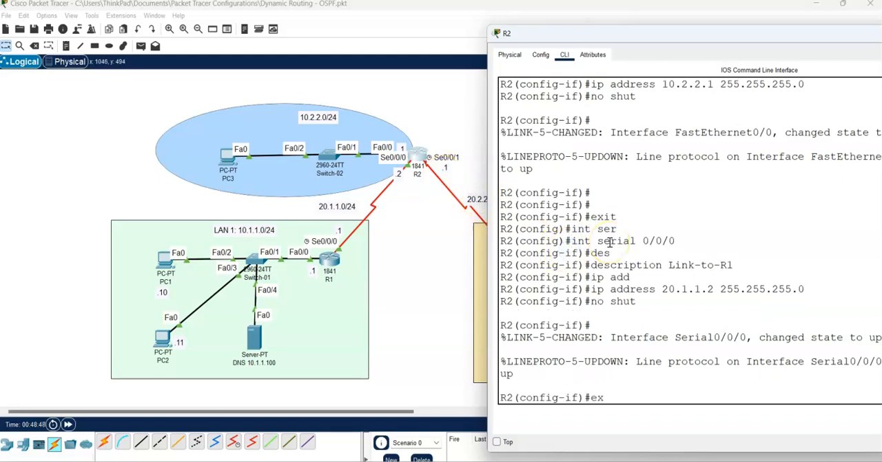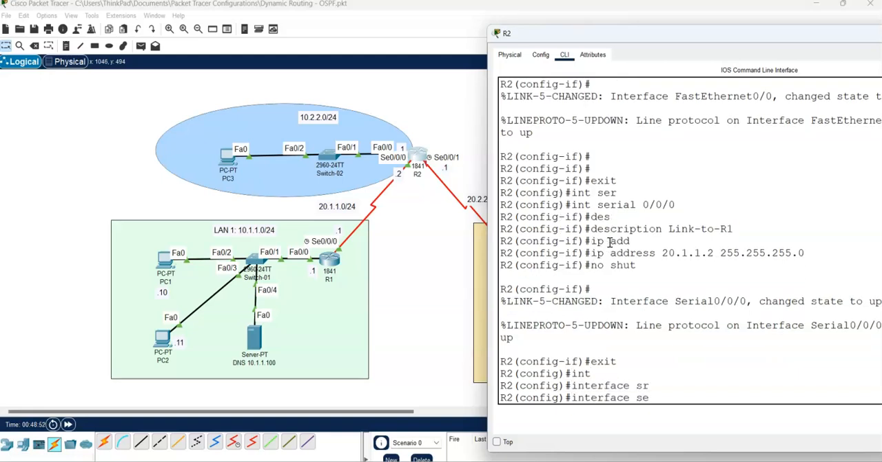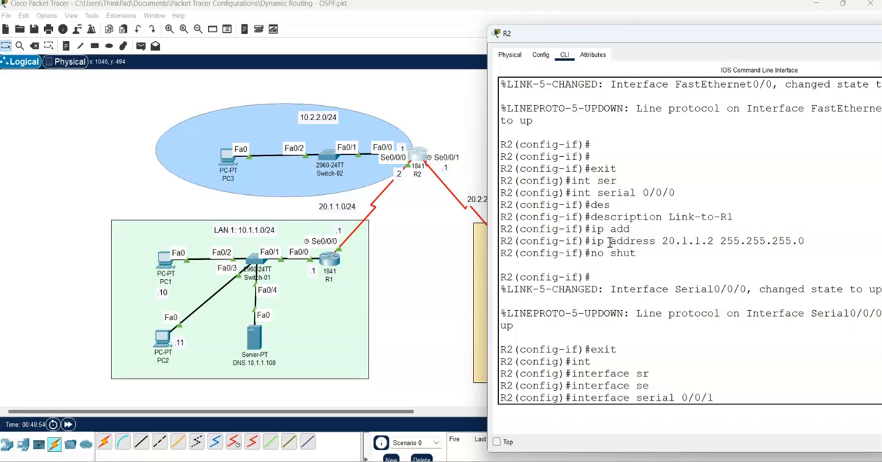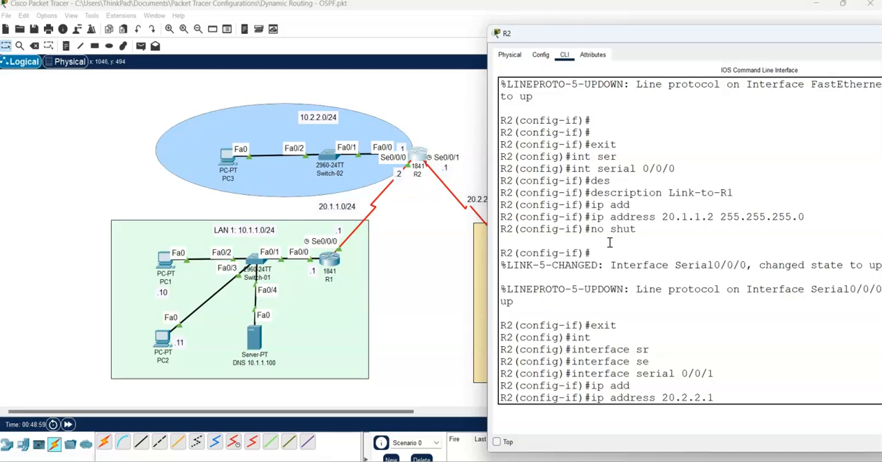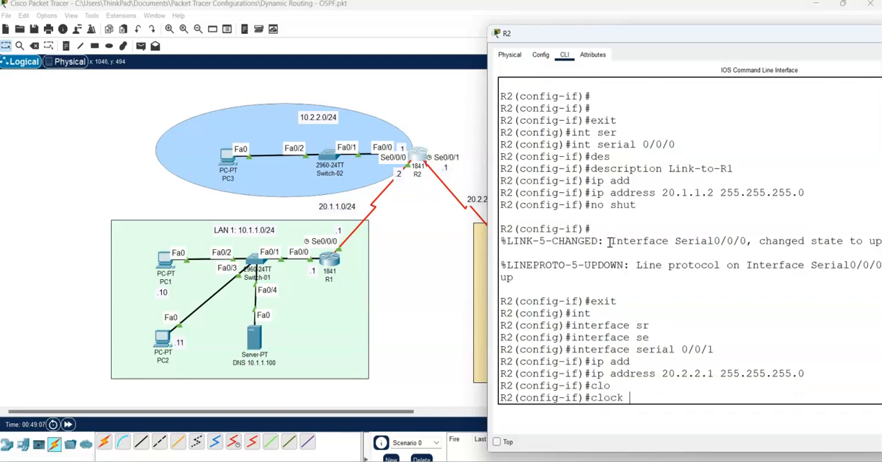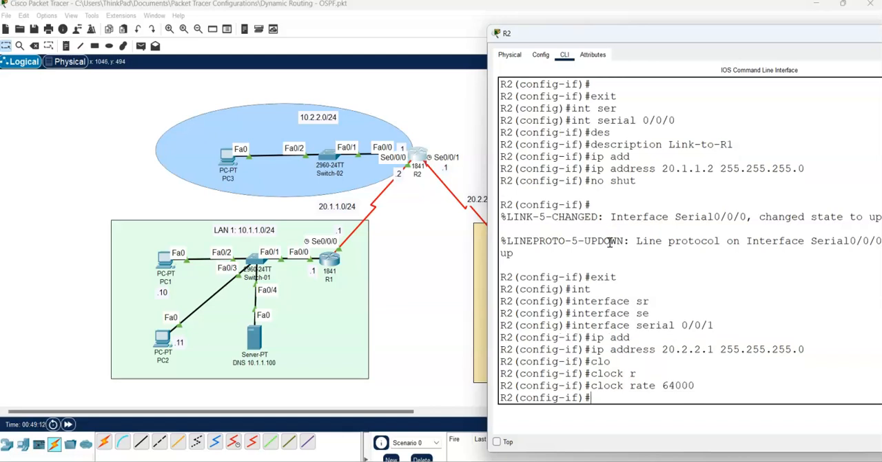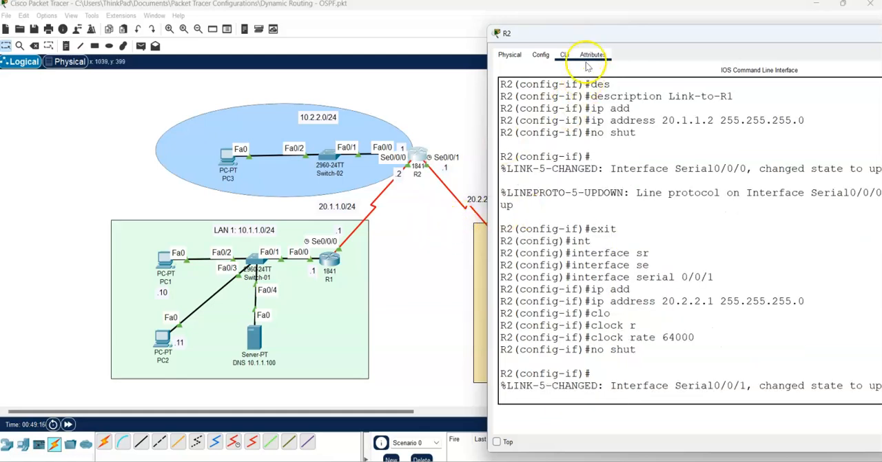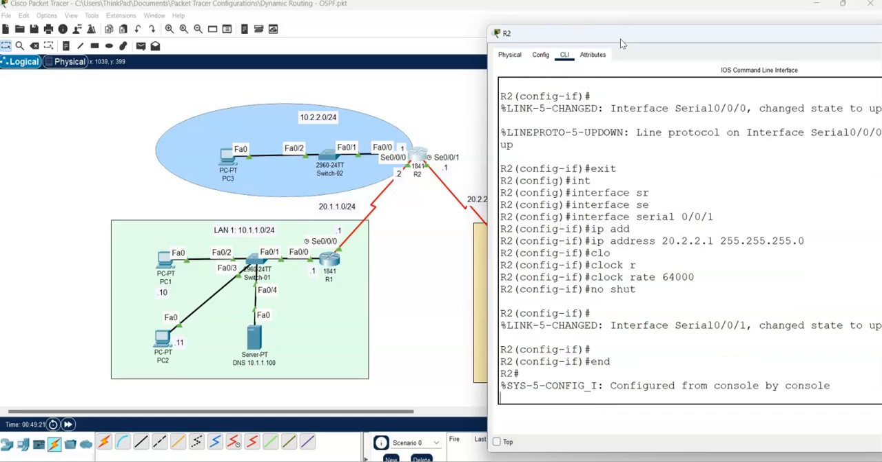So if we exit the serial 0/0/0 and go into interface serial 0/0/1, and then give it an IP address, which is 20.2.2.1. Subnet mask is 255.255.255.0, and then we say clock rate because that one has the DCE. Clock rate, we use the same rate, a very simple speed, 64K, and then we say no shut. The other interface was already configured, so this one is up now. If we exit and save,